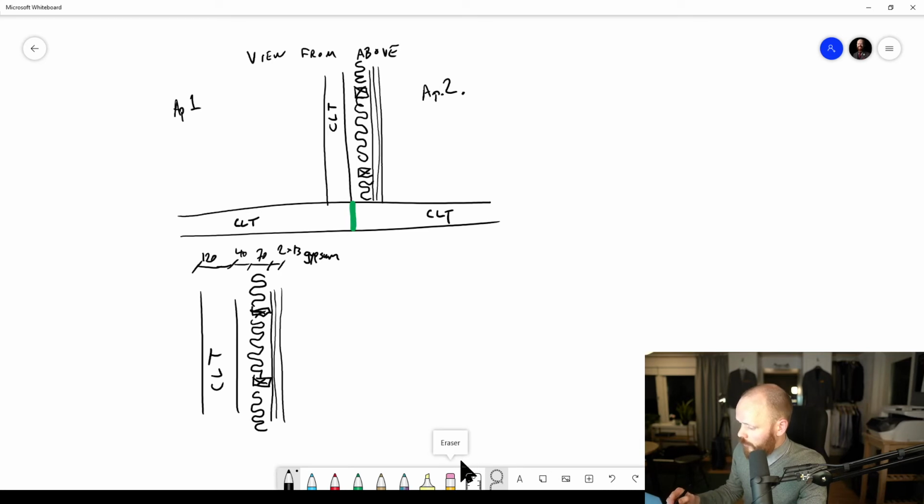And in the beginning there was a slit, but it was placed on the wrong side, so we changed it so it was like this. And this is a good thing. It's a critical thing to capture in the review process, so you can change your model before these CLT slabs are constructed in the factory, because in a building project, this is one of the first things that needs to be ordered. When you place your order, it's going to take some weeks or some months to get your CLT slabs. So that's why you need to capture these optimal places to do the separation of the different plates